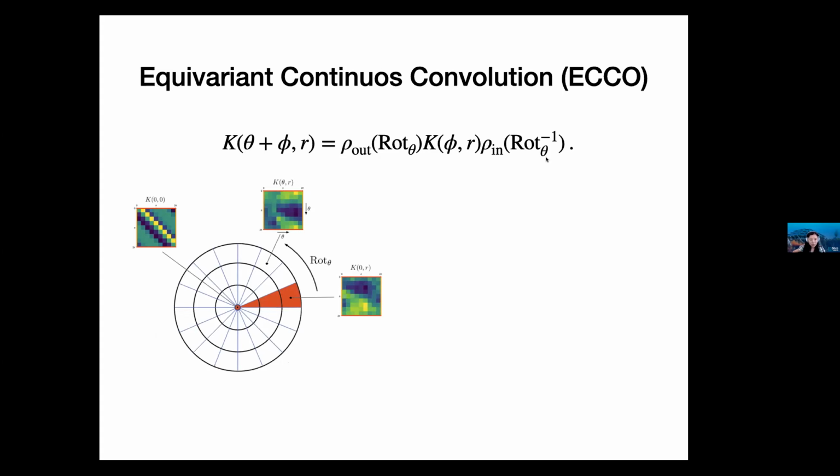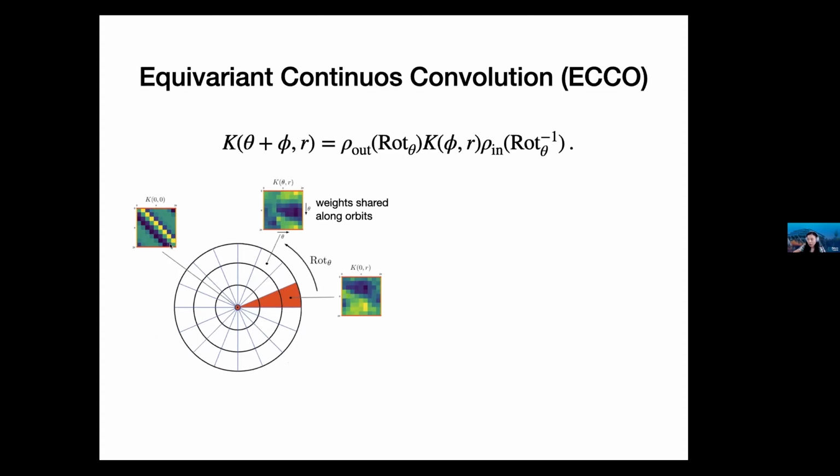In this case, to impose this kind of constraints, we propose an efficient weight sharing scheme by constraining the weights on this kernel to satisfy different kinds of conditions. For instance, we're looking at SO2, so we discretize the polar coordinate into pizza slices. And in this case, we want to ensure that the weights are shared along the orbit. So for a particular angle theta and a particular radius alpha, we want to make sure that the weights are shared along this orbit.